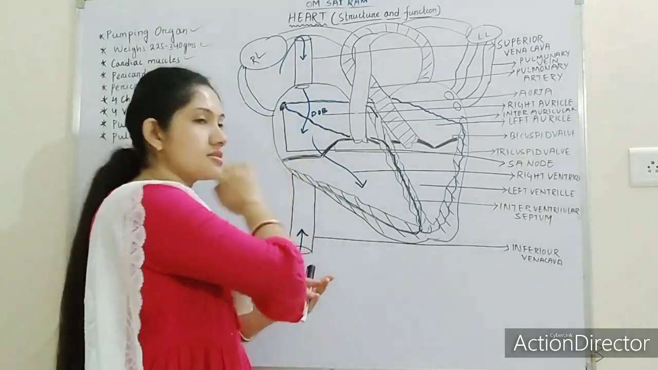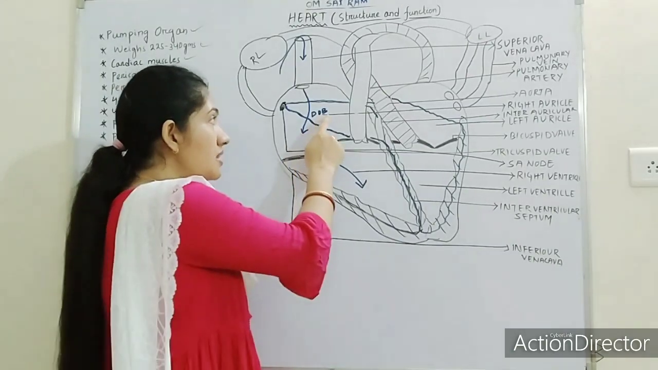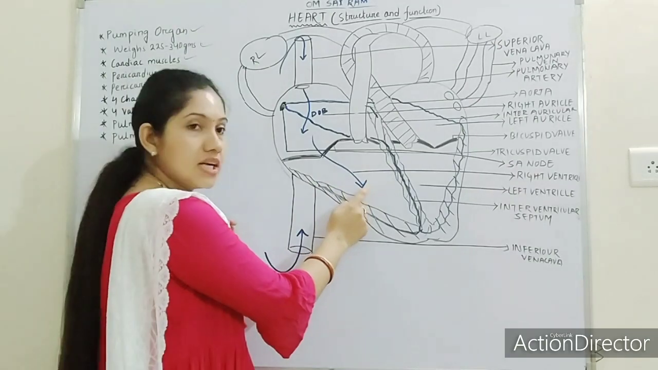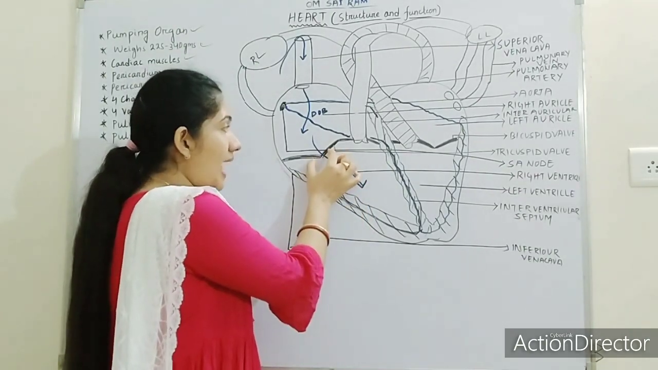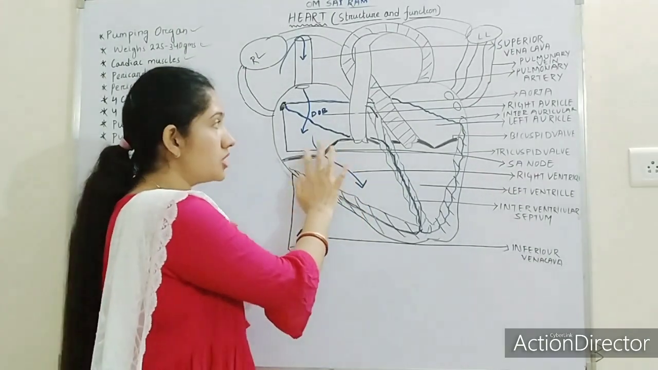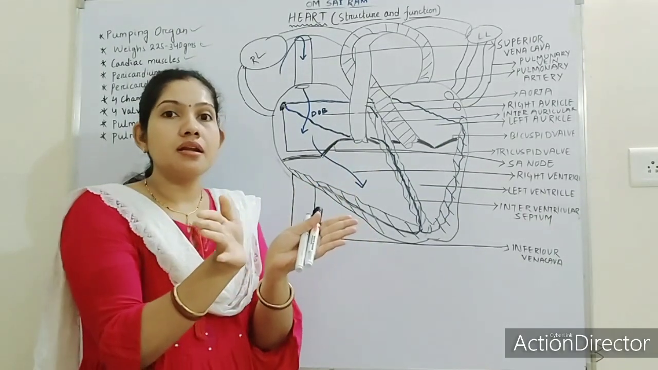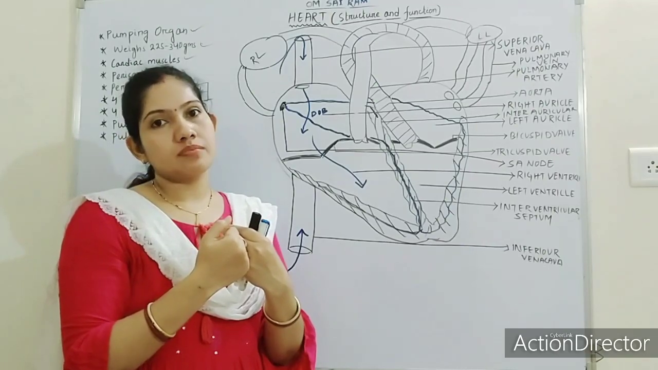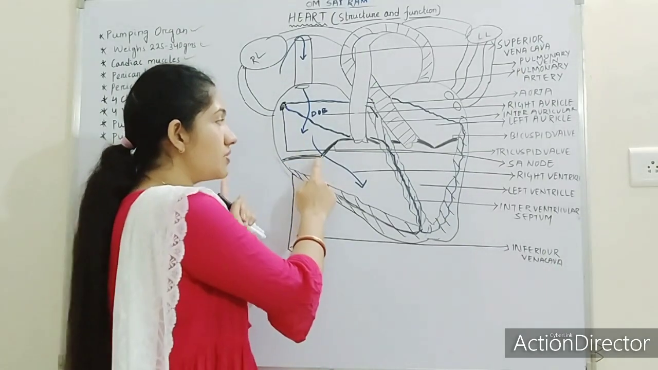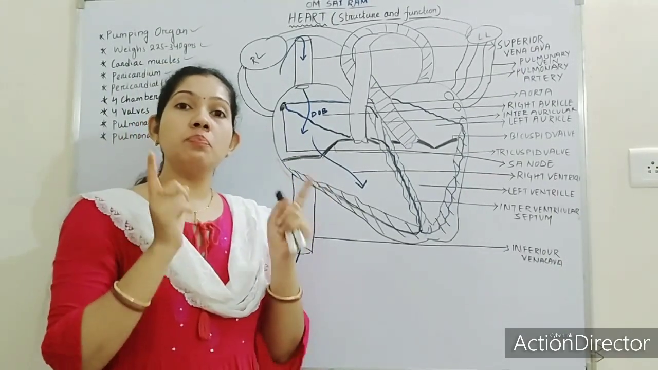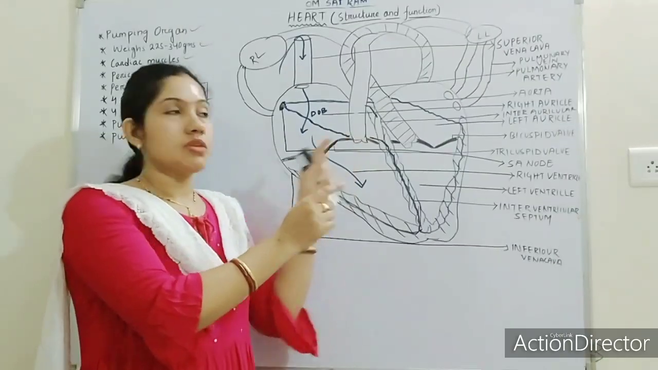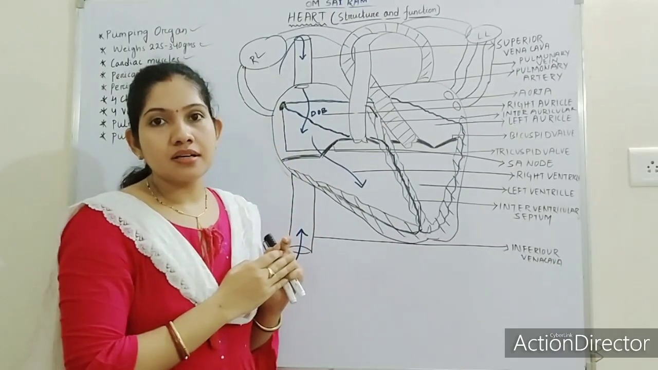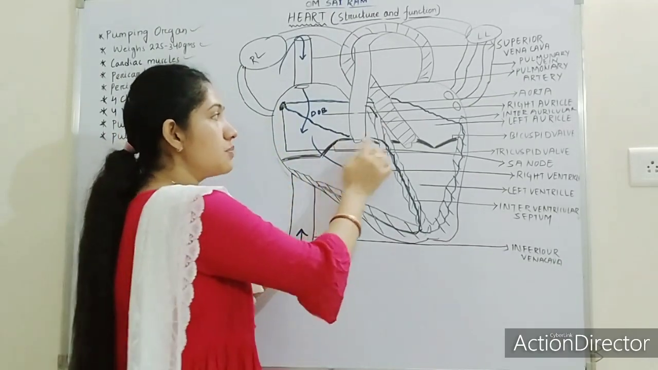Just like these valves, when the right auricle pumps the blood to the right ventricle, the flaps or the valves of the tricuspid valve will open, and after pumping they will close. The main function of a valve is to prevent the backflow of blood. Once it has been pumped, it cannot flow back. That's why valves are present at regular